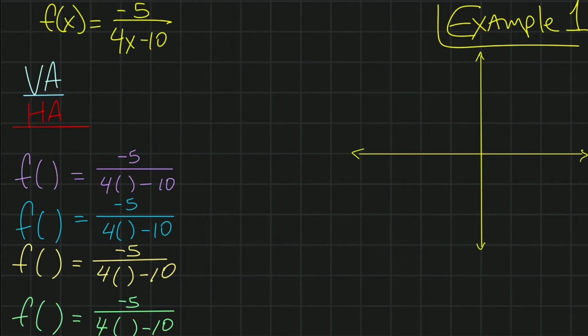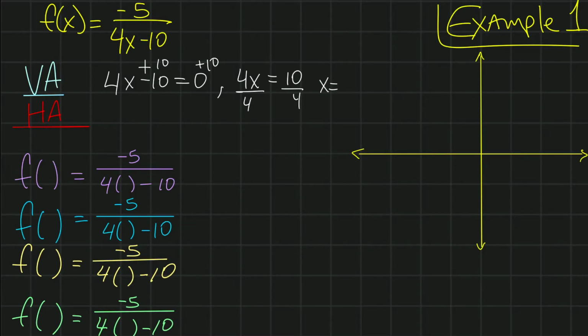We have f(x) is equal to -5 divided by 4x minus 10. First, we need to find the vertical asymptote. The vertical asymptote again can be found by setting your denominator equal to 0. So here's what we do. We do 4x minus 10 equals 0. We add 10 to both sides to get the x by itself, which will give us 4x is equal to positive 10. We divide both sides by 4 and reduce the fraction, which will give us